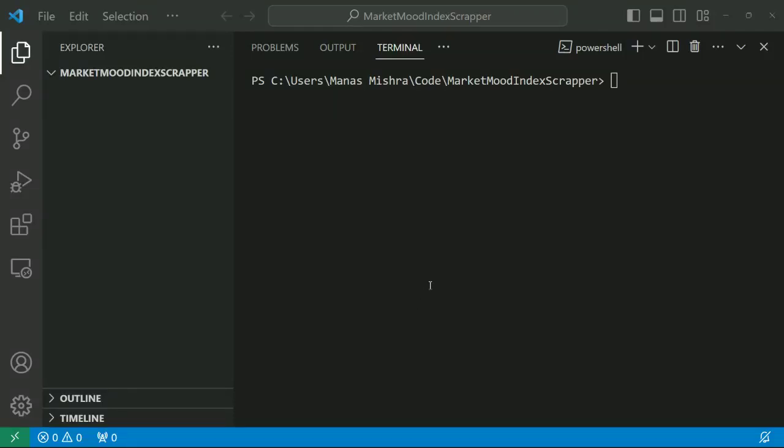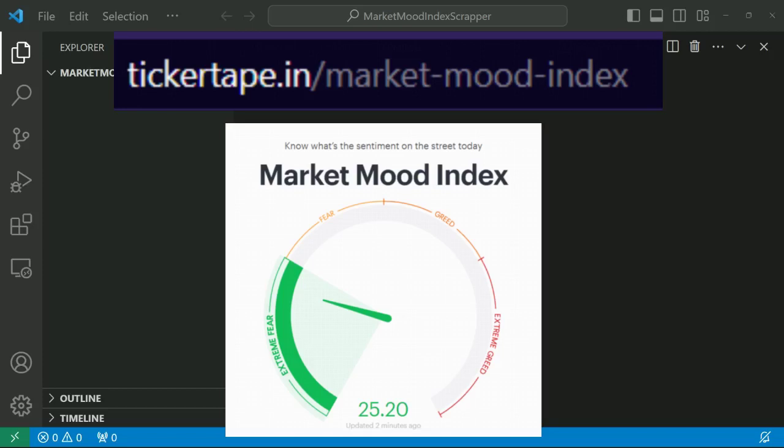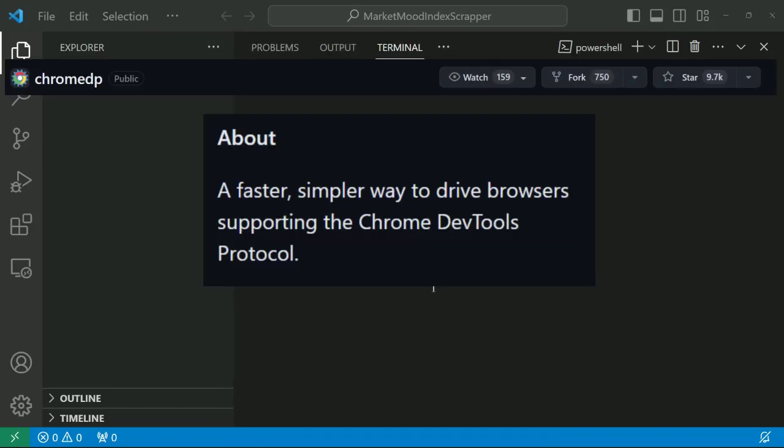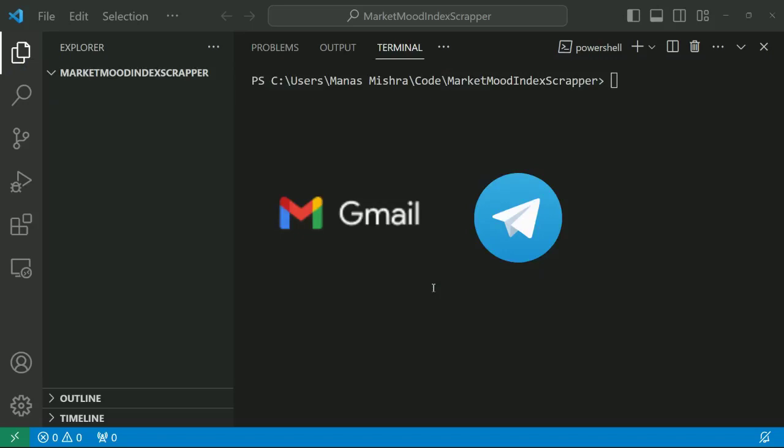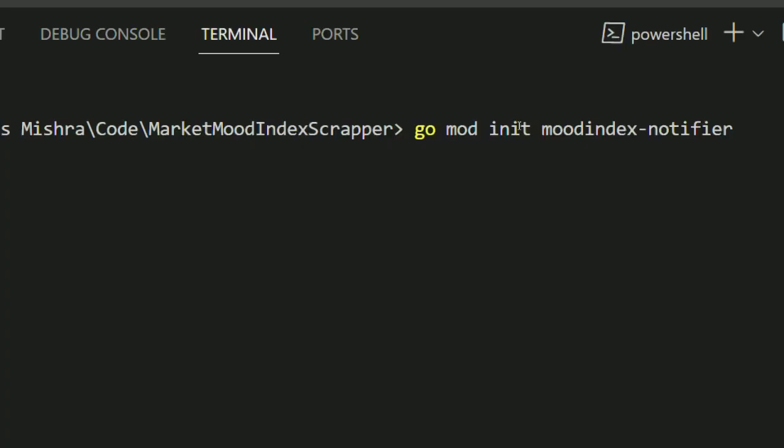We'll build a market mood index notifier application. It will scrape the market mood index from a website through Chromedp and send us a notification via email and a Telegram message. Let's first initialize our project